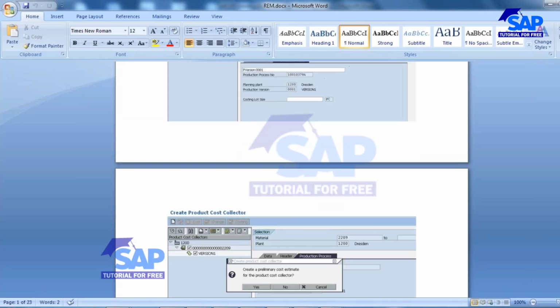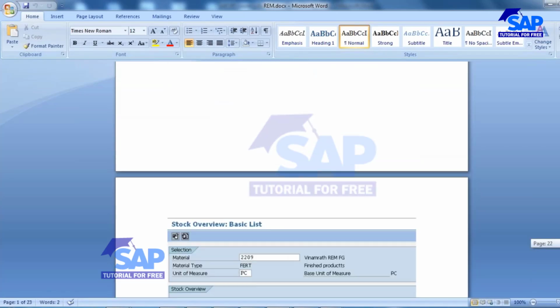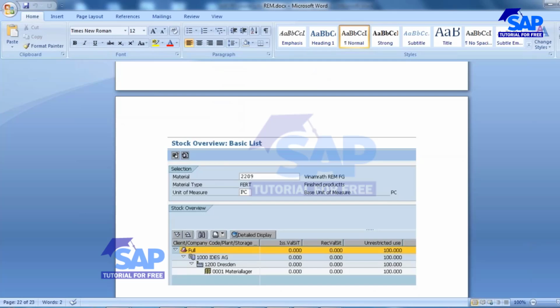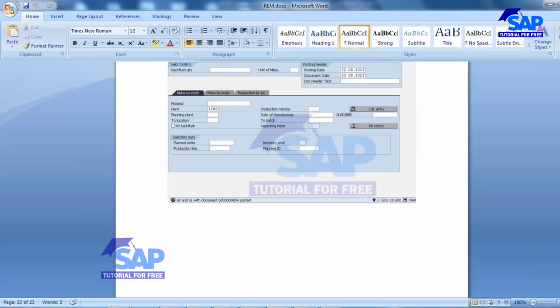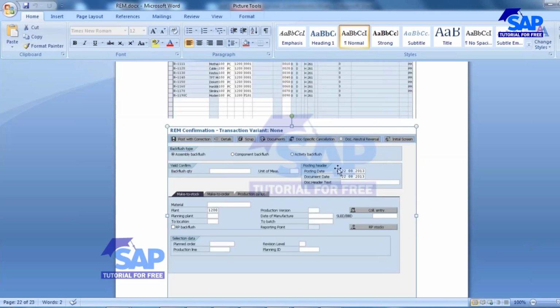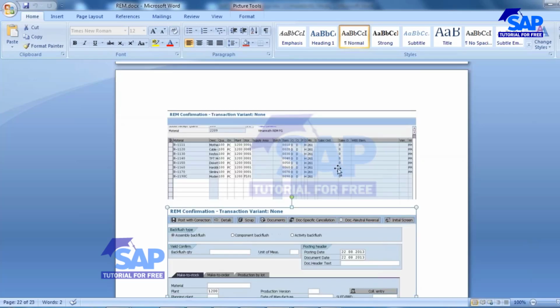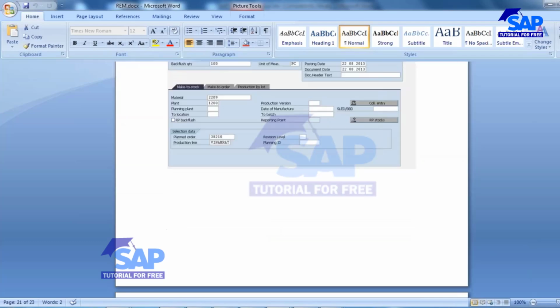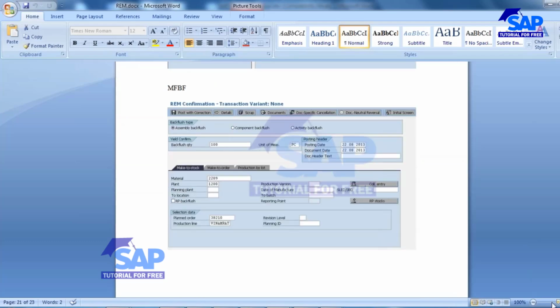So we are here, right? Cost estimate, we didn't look at the cost estimate. Pardon? Look at the cost estimate over there. Yeah, so the active standard cost estimate we will be doing. Okay, it's okay. So now when you do this MFBF,